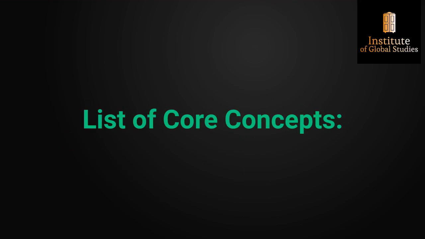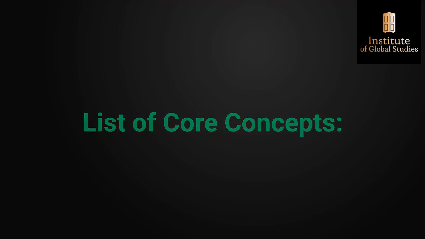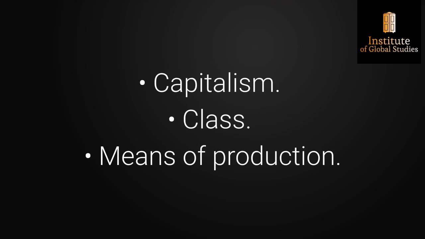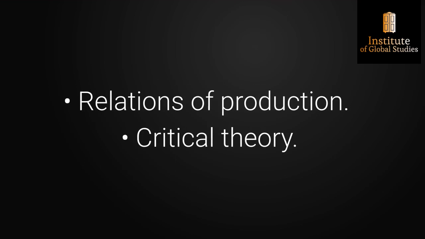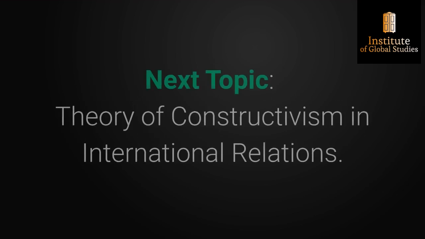List of core concepts. Capitalism. Class. Means of production. Relations of production. Critical theory. Next topic, theory of